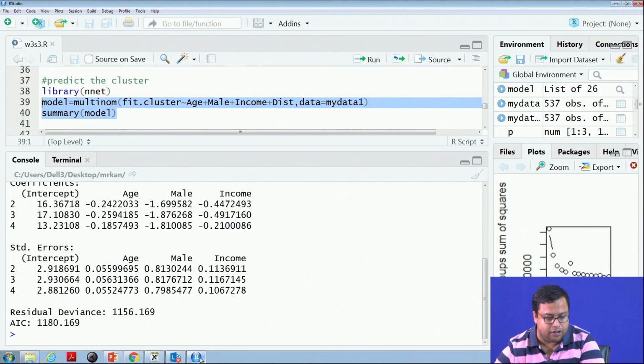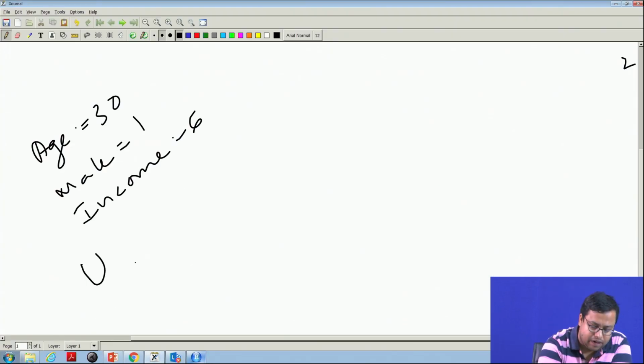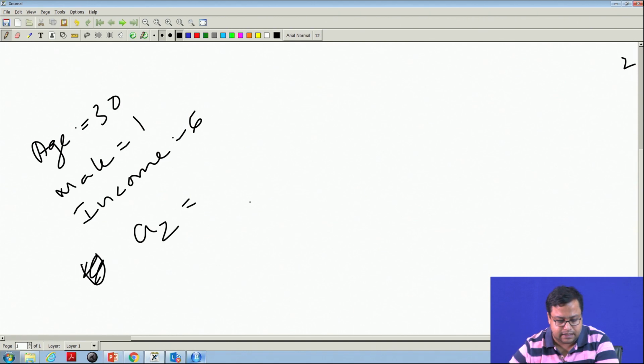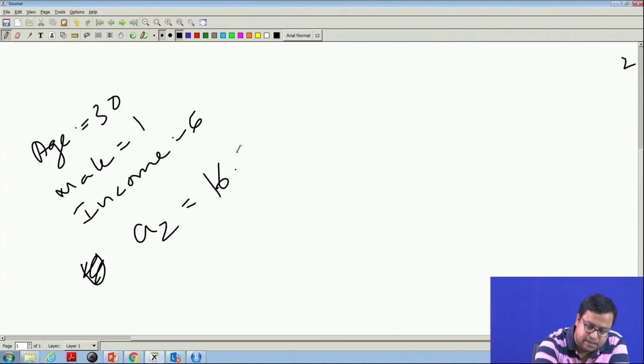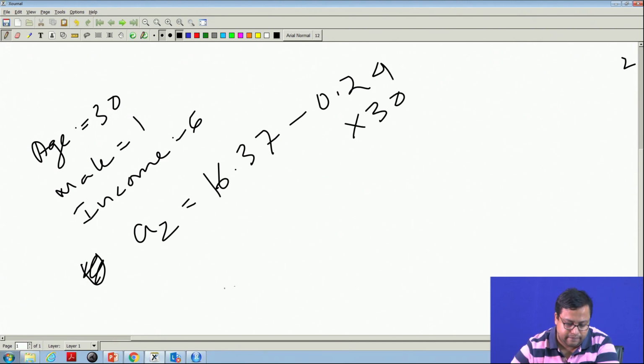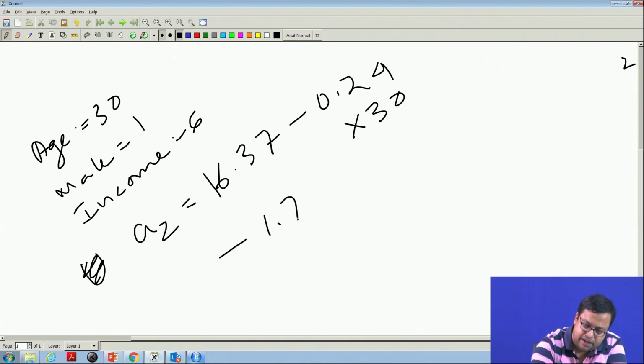The probability that he will be in group 2: let us say A2 for group 2 is basically 16.37 minus 0.24 into 30 minus 1.7 into male, because male is 1, minus 0.45 into 6.